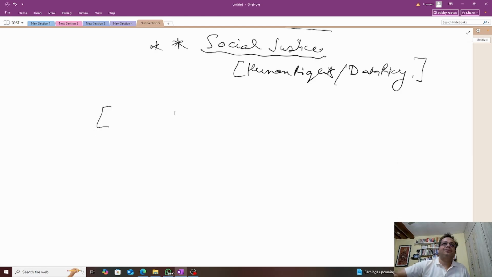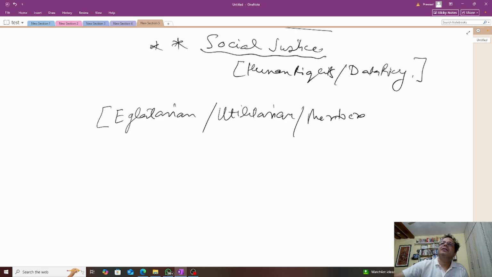So justice is a complex topic, and there are a lot of other things that we can talk about, but I don't want to get into a lot of details. But then GARP also talks about some approaches. There are, I think, four kinds of approaches, which are called egalitarian, and then there is utilitarian, then there is meritocracy, and then there is need based.